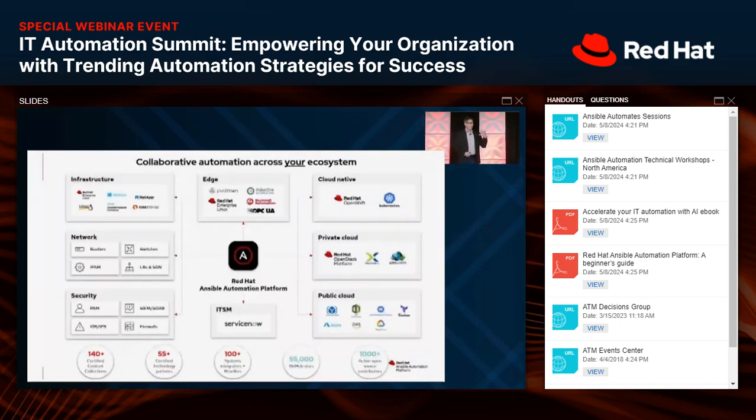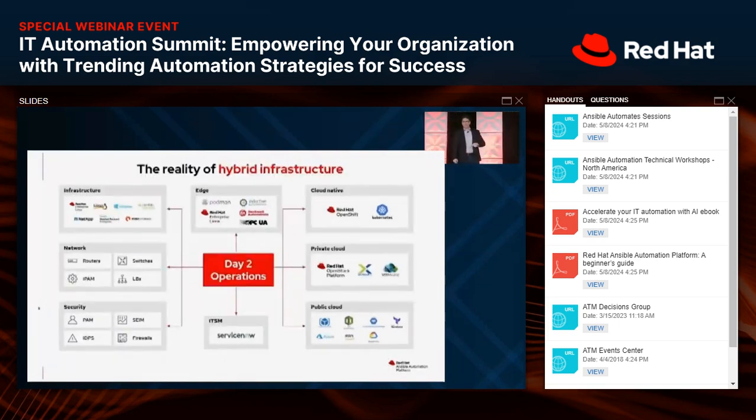I call Ansible the Swiss Army chainsaw. It can do a little bit of everything and it's super powerful. By giving you a tool that can apply to different domains, I can start to collaborate and document my IT process in code. So for day 2, now I've got all of this stuff out there. How do I operate it? People pick up Ansible to start configuration management, and then they do a little bit of provisioning. How do I get to a point where my day 2 operations can take advantage of the fact that I've already started codifying my process? Now let's codify what I do in day 2.